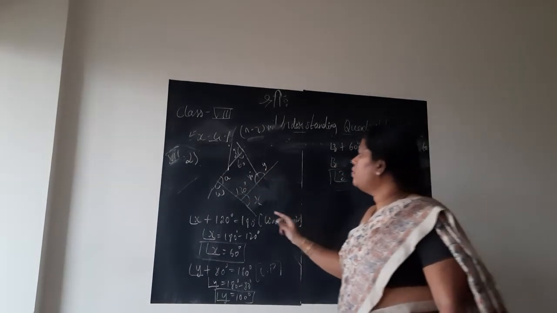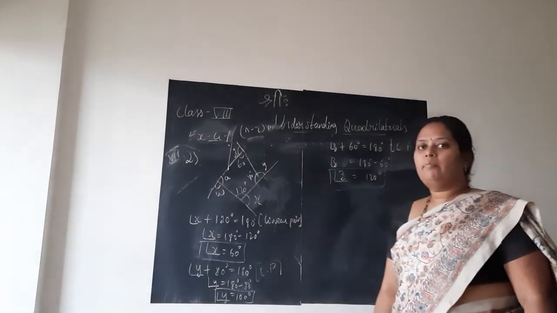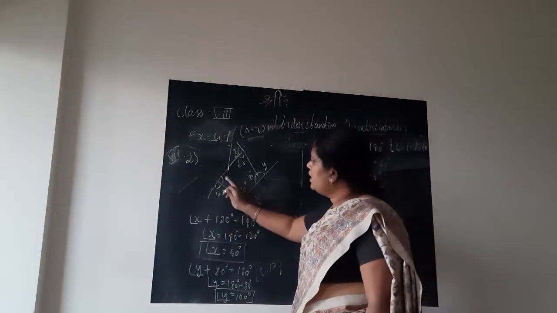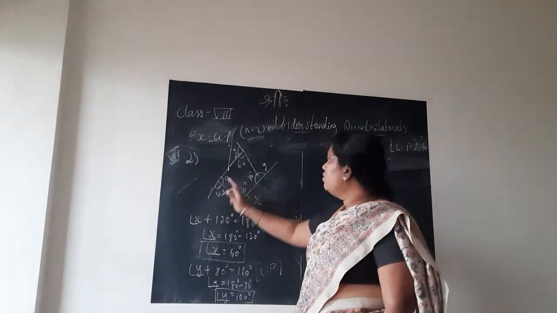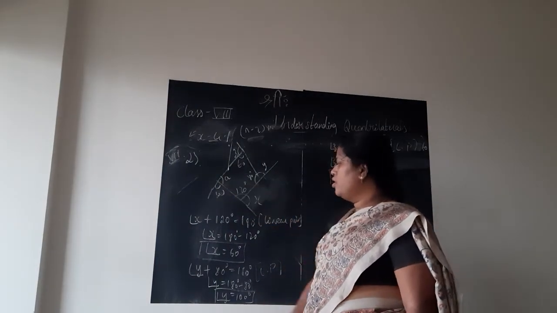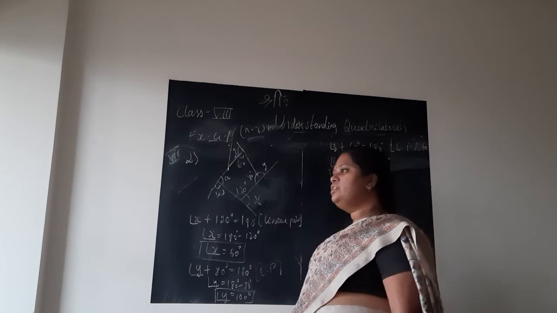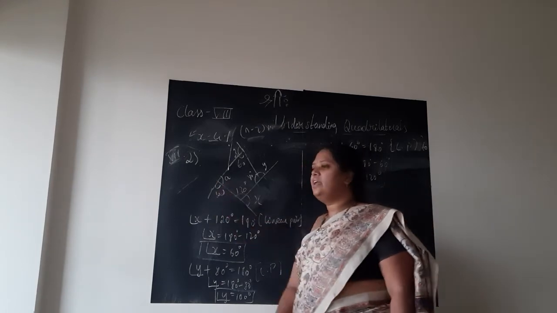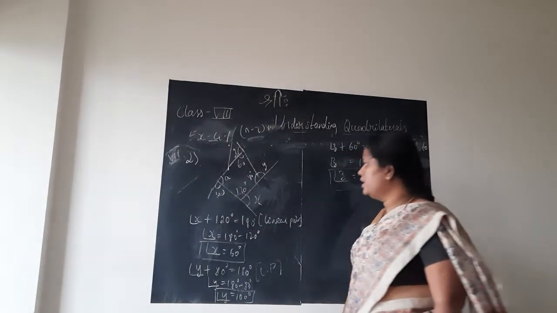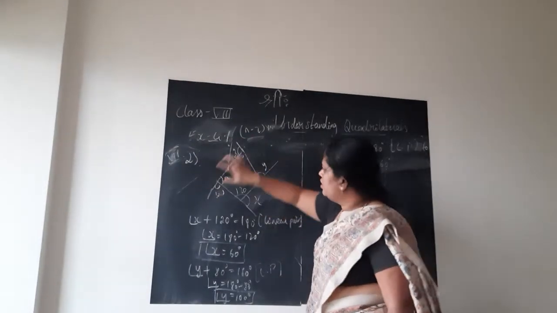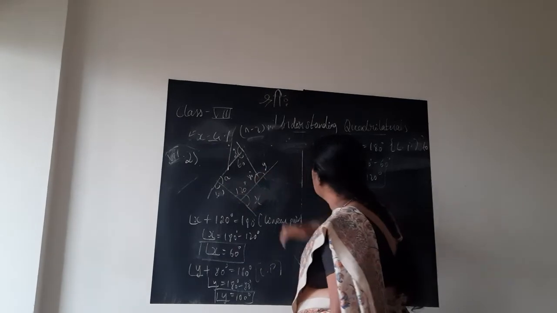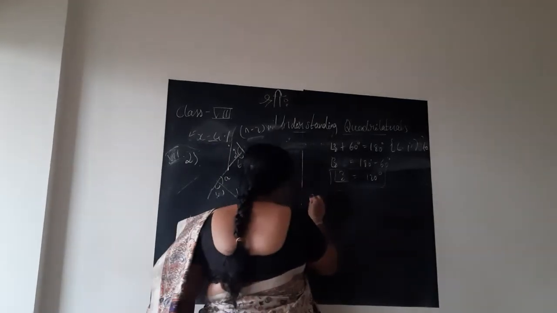But there is a small problem in order to find angle W. What does it mean? Angle A and angle W make a linear pair, but both the angles are unknown quantities. So first we need to find out angle A in order to find angle W. For that, forget all the extended lines for now, children. If you concentrate only on the inside part, it is clearly a quadrilateral.